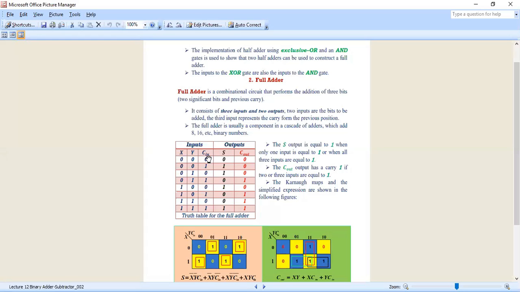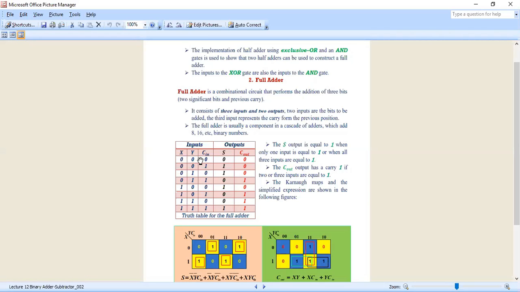So there is no need to get confused. Directly assume x, y and Cin and draw the values. It is a 3 variable K map. How many combinations will it require? 8 combinations, that is 2 power 3, from 0 to 7. No need to be confused. We take the values from 0 to 7 and produce the sum and carry.